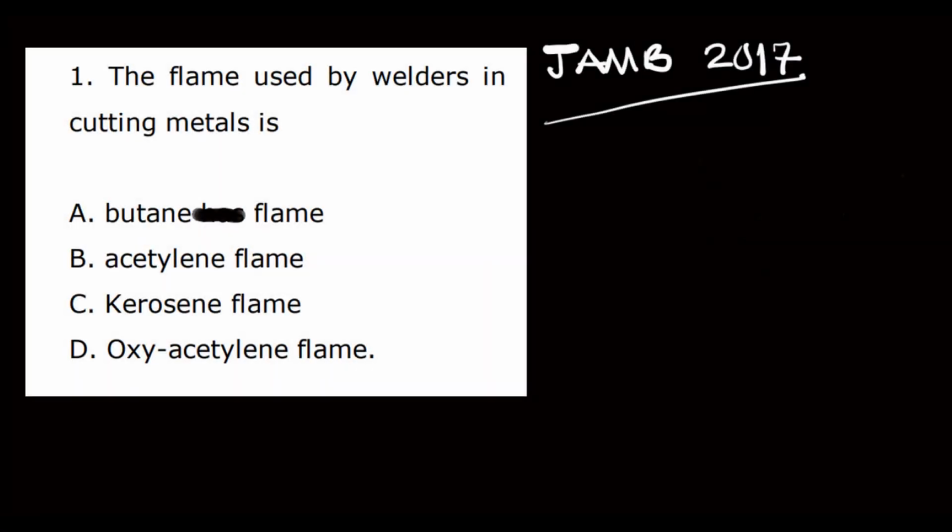The first question says, the flame used by welders in cutting metals is A. butane flame, B. acetylene flame, C. kerosene flame, and D. oxyacetylene flame. The correct answer here is oxyacetylene flame. Now, I'll explain why it is oxyacetylene flame. Oxyacetylene flame is a mixture of oxygen